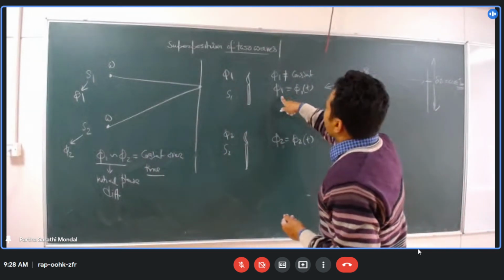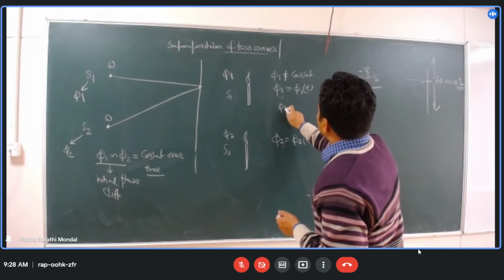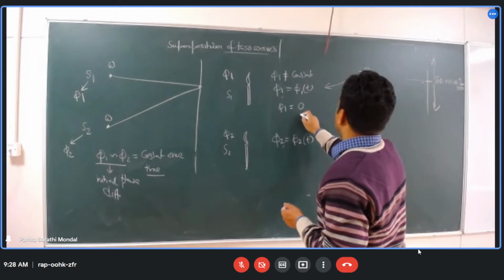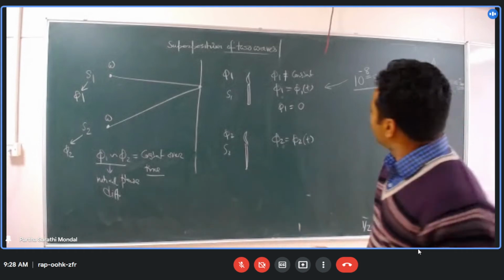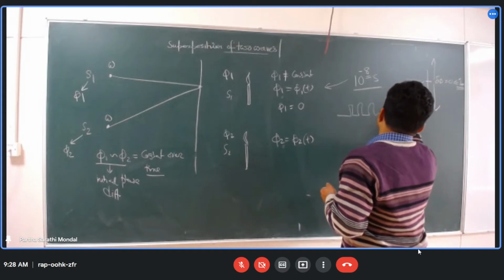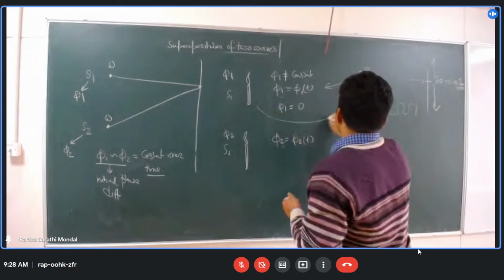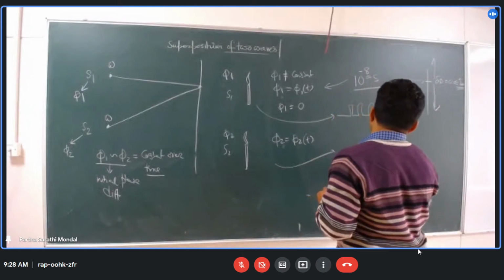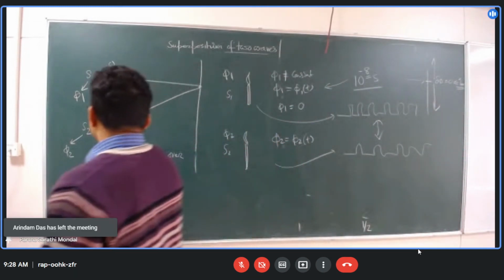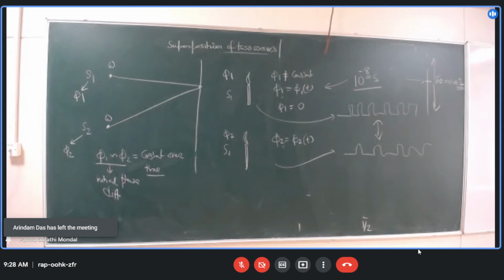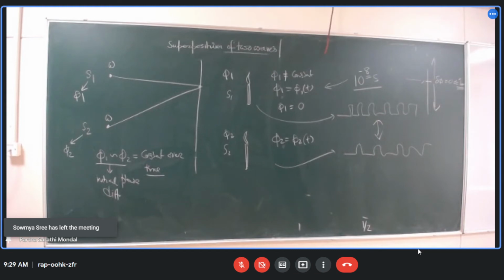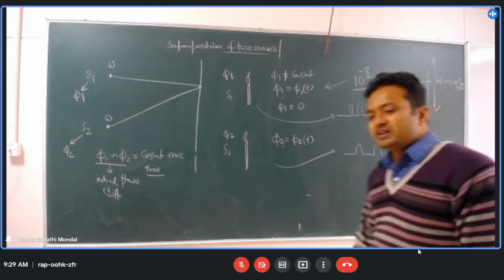So that means ये initial phase अगर एक टाइम में 0 था, 10 to the power minus 8 टाइम में वो चेंज होके दूसरा कुछ हो सकता है, फिर again 10 to the power minus 8 टाइम में एक दूसरा हो सकता है. So it is kind of pulsive nature like that. So now suppose ये इसका एक pulse train ऐसा है और इसका एक pulse train ऐसा है. So how can you make a difference delta phi between them which should be constant over time? It is very difficult to produce a coherent pair of sources by using two independent light sources.